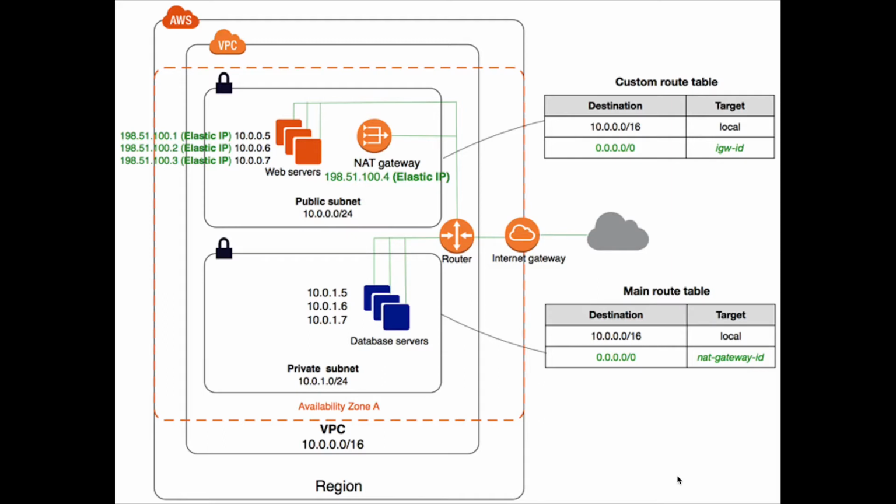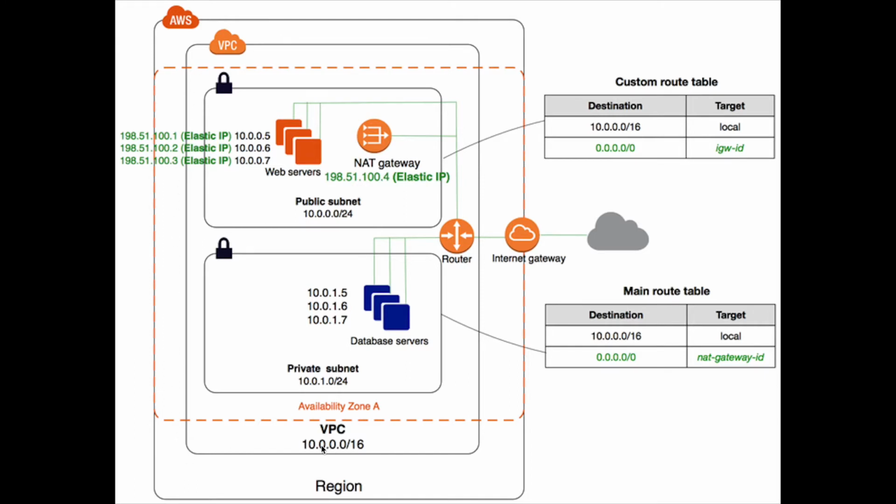Okay, so as you can see on my screen, this diagram is from the AWS site. Okay, so this outer box is my region in AWS. Let's say it is my AP South 1 region. Okay, inside this region my whole infrastructure is set up. This is my VPC, AWS VPC. Second layer is my AWS VPC.